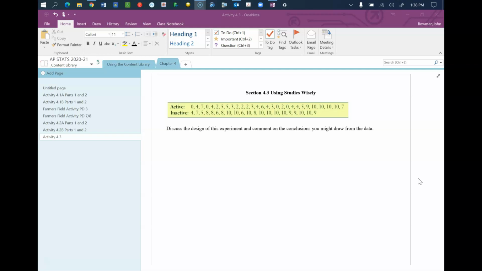Double-blind, why is it double-blind? Because the subjects were given either an active magnet or a placebo inactive magnet, so they did not know what treatment they received. But also the people involved with applying the treatments did not know what kind of treatment the subjects received. The experimental units, the smallest unit to which the treatments could be applied, were the individual subjects in the experiment.